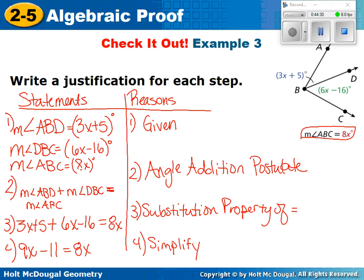So I'm going to the board. This is number 5. Running out of room on the whiteboard. So I'm going to subtract the 9x instead. So if I subtract 9x, what am I left with here? Negative 11 equals negative x. And that was subtraction property of